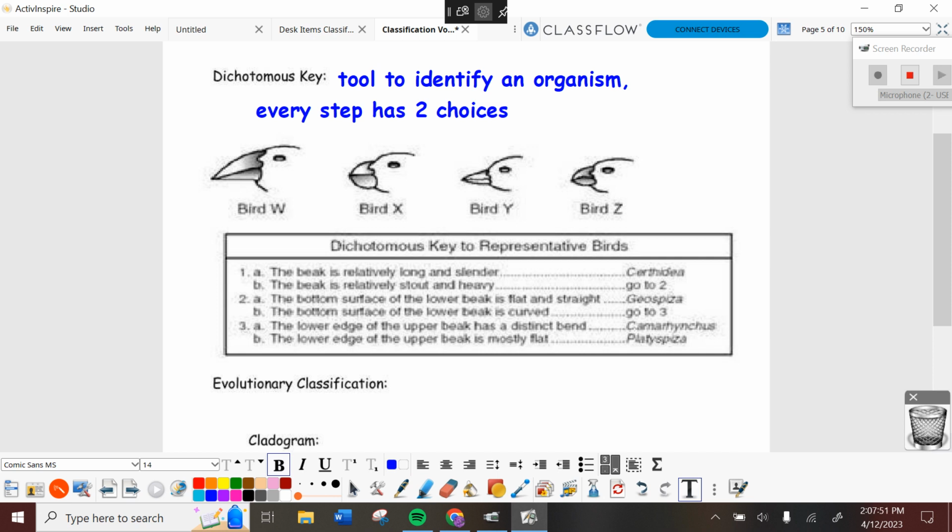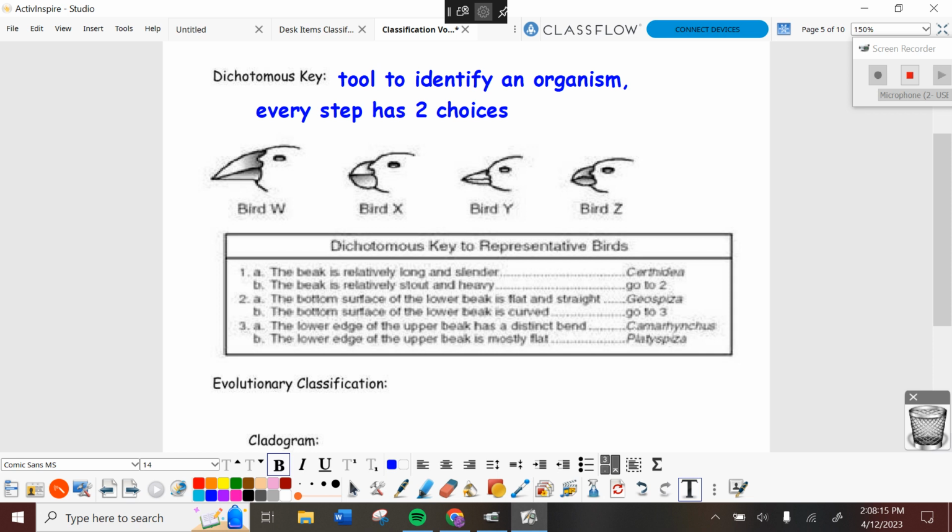So far, so good? Like a field guide, if you've ever gone camping or been in scouts, you have a field guide and you want to identify a wildflower that's out there, or you see a snake and you want to make sure it's not poisonous. You have a field guide that's going to walk you through two steps to identify and narrow it down to what exactly that thing is. So let's practice with this.